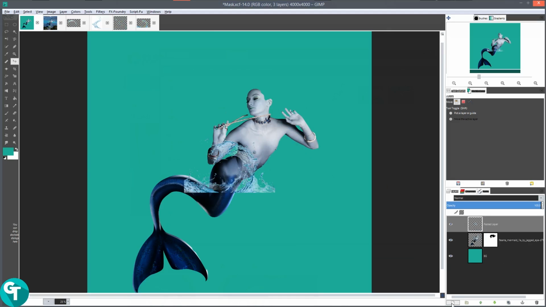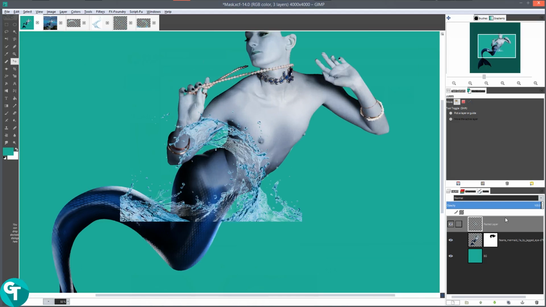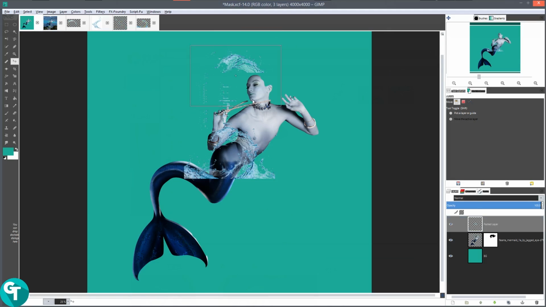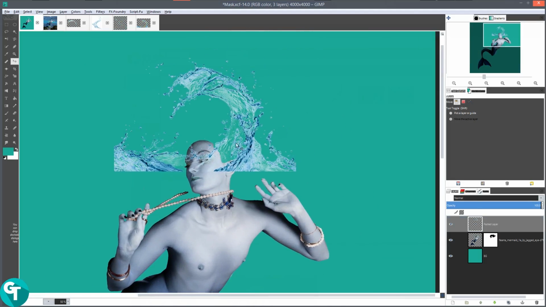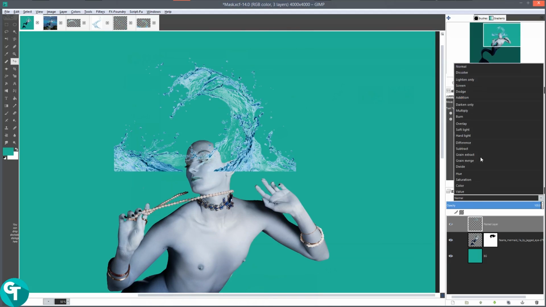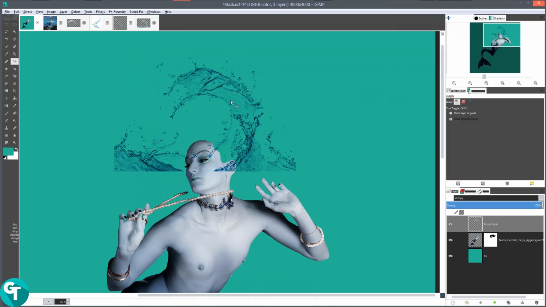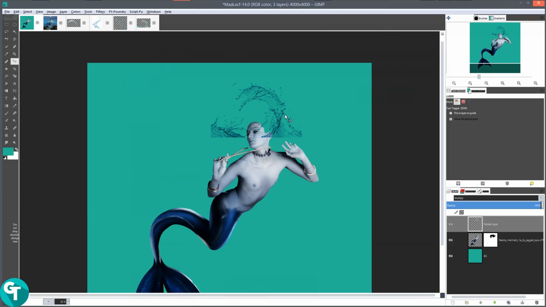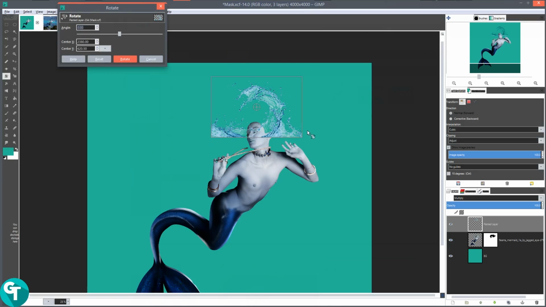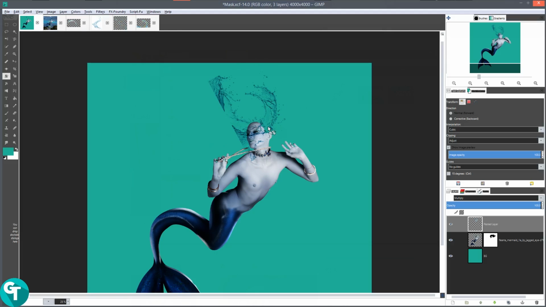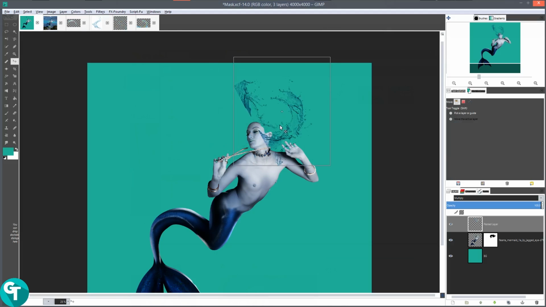And then I'm going to go ahead and click the new layer button. And you'll see that it went ahead and got added in here. Now I'm just going to move this up, and I'm going to put these layers on multiply just to get that blue color, just like that. And all there is to it next is you just want to press Shift R, that's to bring up your rotate tool. And we'll just go ahead and rotate this around. Then I'm going to press M on my keyboard for the move tool. And we'll just bring this in here like that,